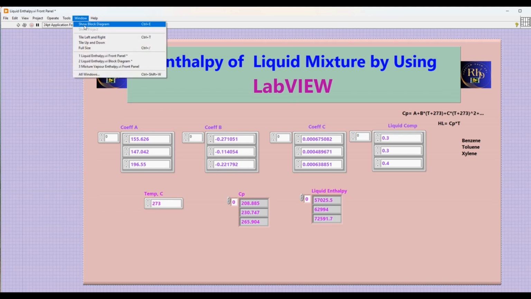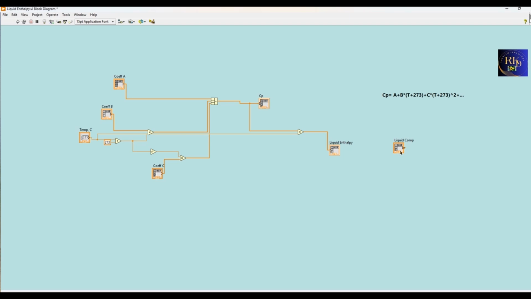So here I'll use the same logic. This is your liquid composition, and this liquid composition is multiplied with the liquid enthalpies we are getting. So I'll take multiply, I simply multiply this one, and from here if we see, then we have one matrix.